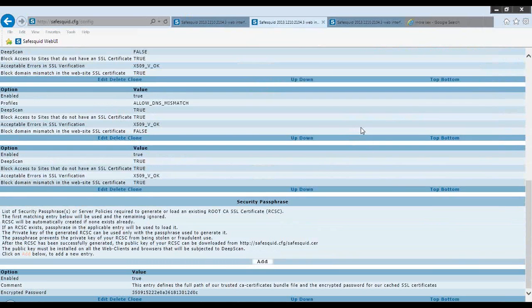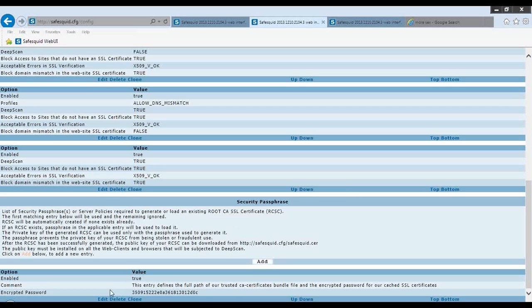What we have done here for HTTPS scanning actually is we have created an engine which generates SSL certificates for all the websites that you are going to visit in real time.